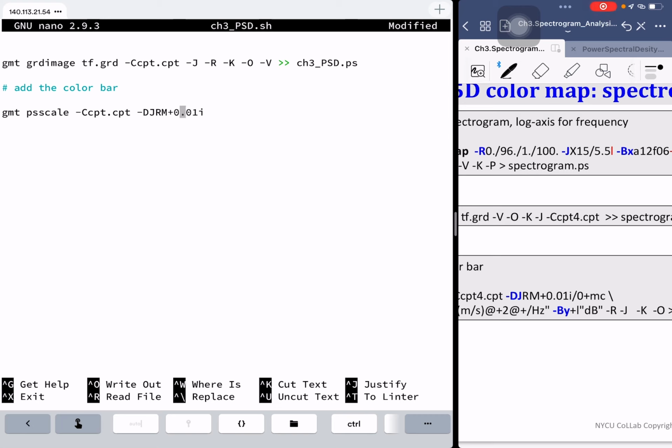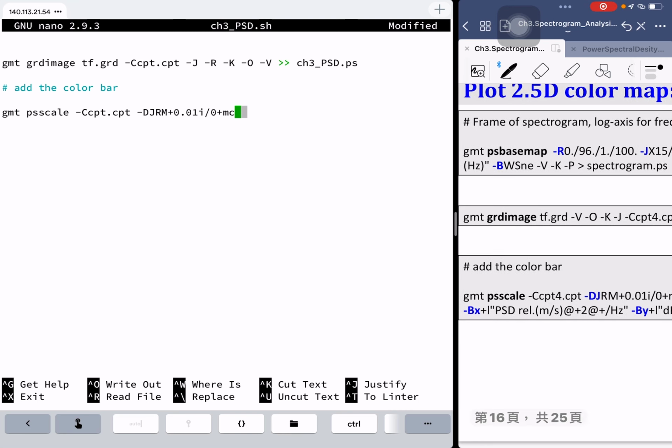Okay, that indicates I use the offset. I try to control the offset of the color bar, and here use 0 plus the MC, just put the character on the center, okay? And I break the line. Maybe I don't need to break. And